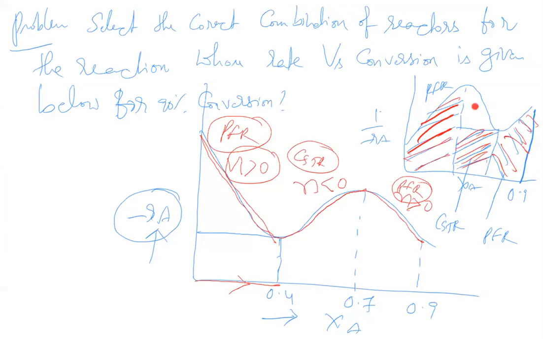The area under the curve will be these two parts. So in the third part, PFR means the area under the curve is this much, whereas the rectangle area is this much. So this is the volume that you are saving. This is the extra volume that you will select if you select a wrong reactor. Extra volumes. Clear? If someone has replied, it is understood.